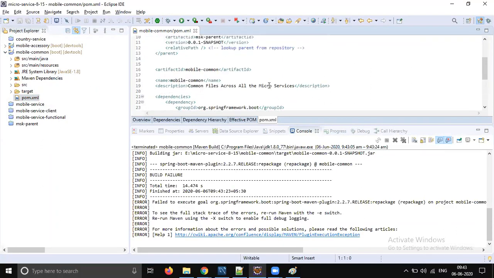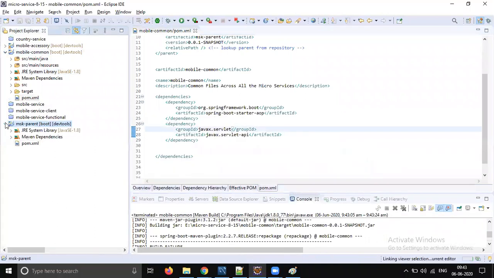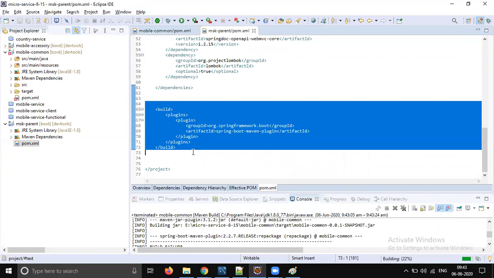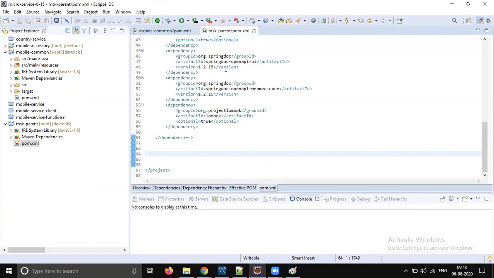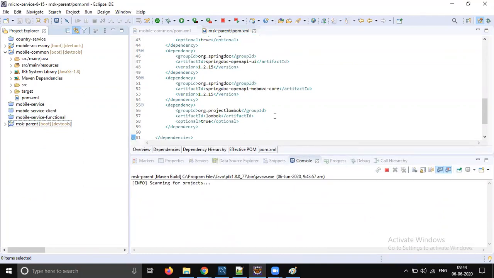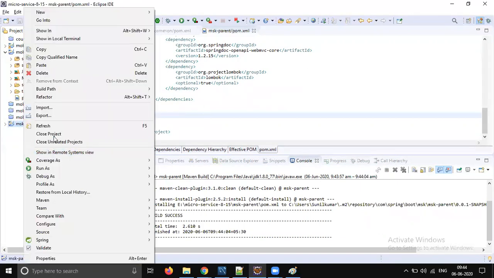So this we don't want, the build plugin, right? So that's why it's failing. This is causing the issue. Okay, let's delete from here and rebuild main parent, right? So let's rebuild parent first. Let's close the parent.